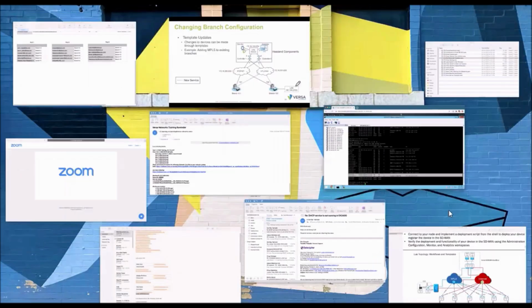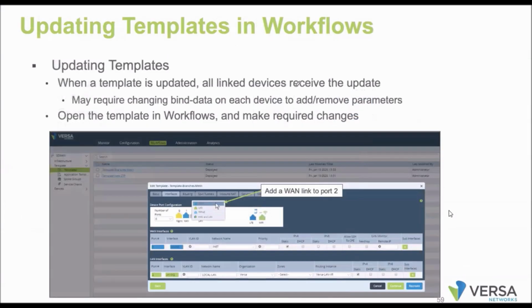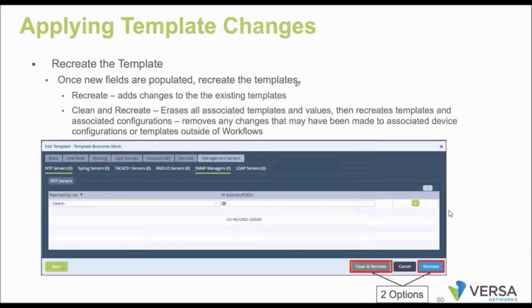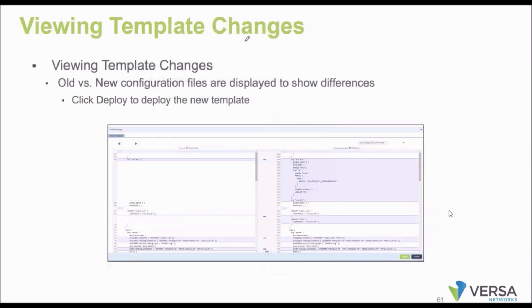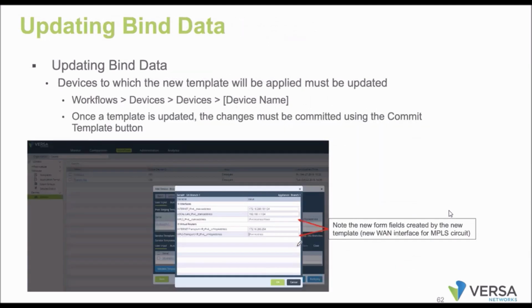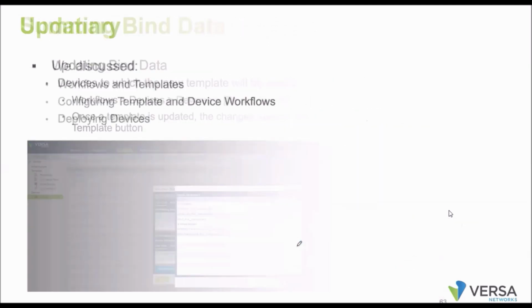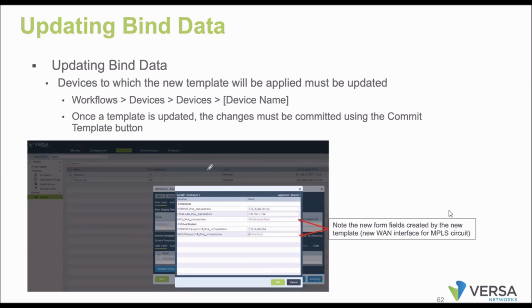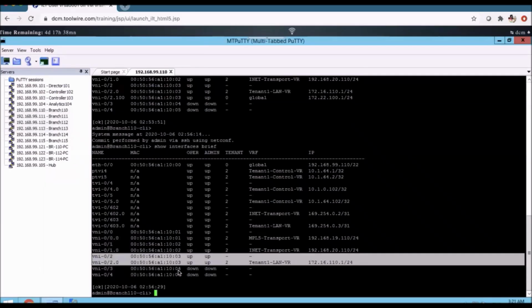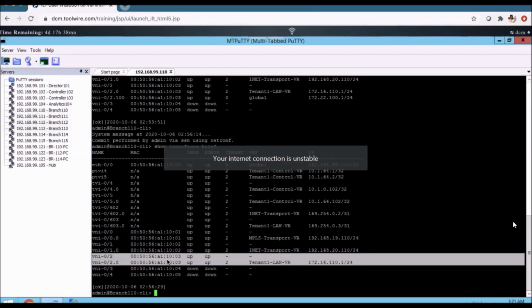So this is the example. You can go ahead and modify something in the workflow templates. Same case in workflow templates: you can modify it, deploy the templates, and then commit the template. When you commit the template, the changes will get added. Is that clear? What all changes we have made at the template will automatically be applied.